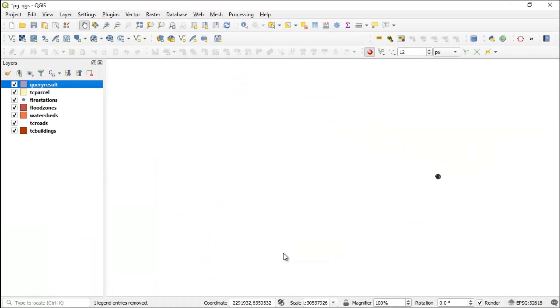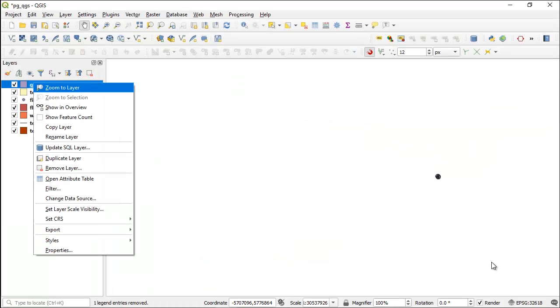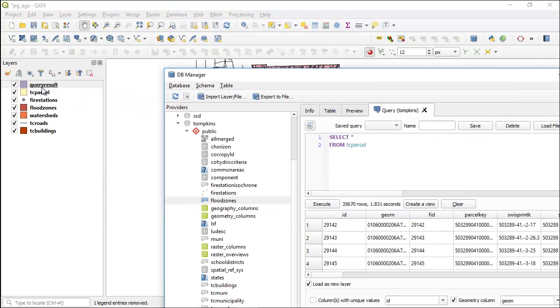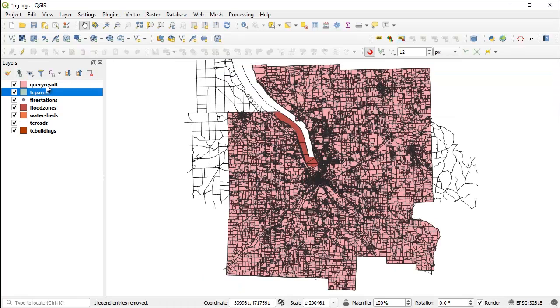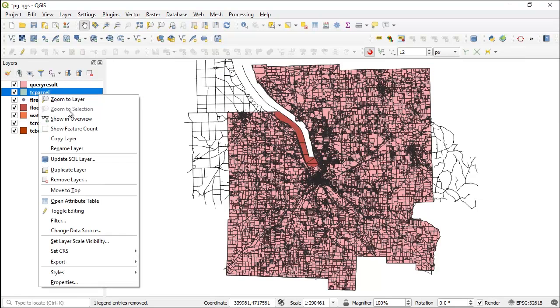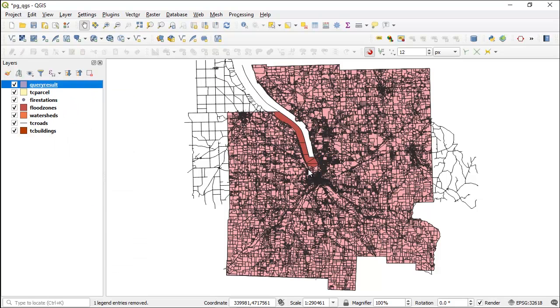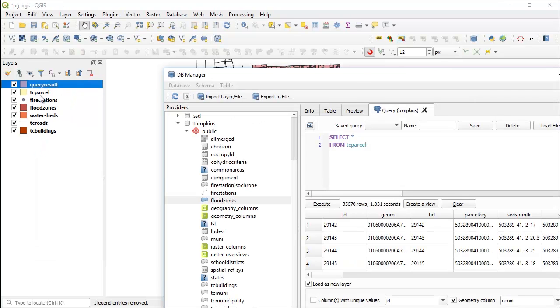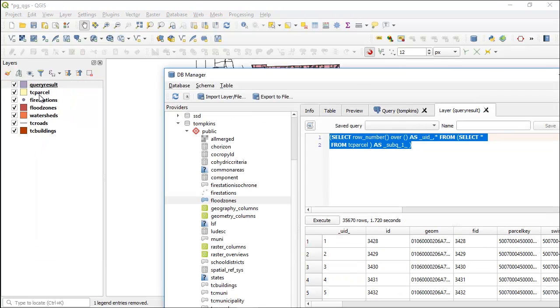That's going to have a layer that is the result of the query that I've written. So if we come in here, let's zoom to the query result, and you can see this is kind of a pink color. This is not really a layer. This is the result of a query. So this is actually happening sort of live as we issue queries. So you're going to see this again, but I just want to make sure you have this set up. And then under here, I can say update the SQL layer. And in this case, instead of select star from parcel, I'm going to say select star from TC parcel,